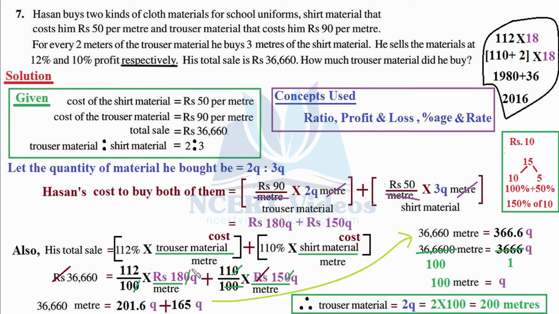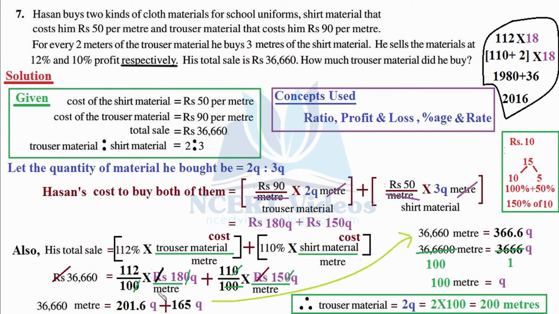10 gets cancelled out with 10. Nothing can be cancelled here. Now here we have two zeros in the numerator that can be cancelled with two zeros in the denominator. Also this rupees is common, because ultimately this will give you value in rupees. We can cancel this rupees with these both rupees. Also, this meter would be in our denominator, which can be taken as common and transposed towards the left hand side.